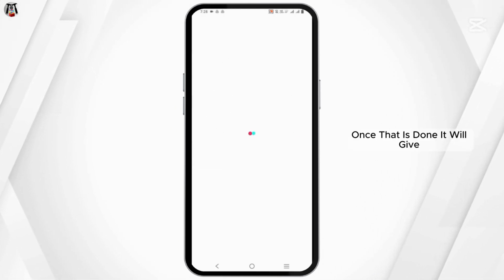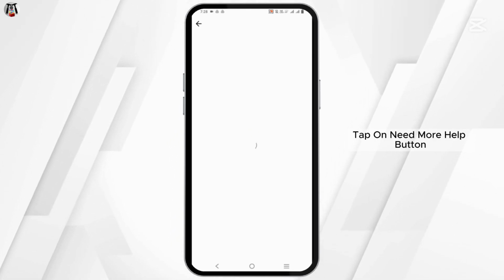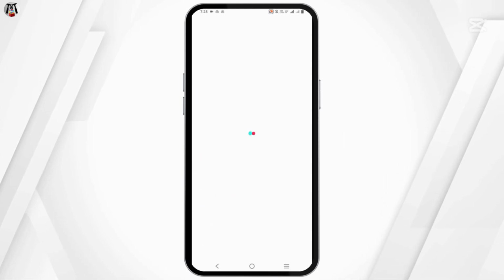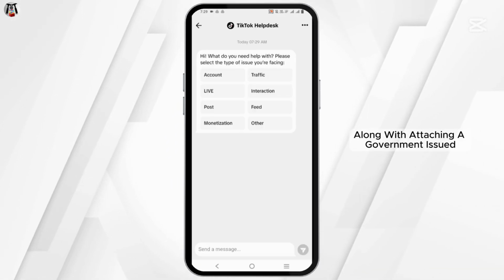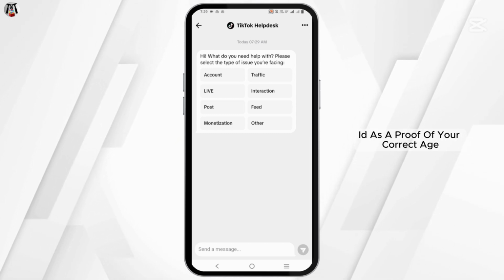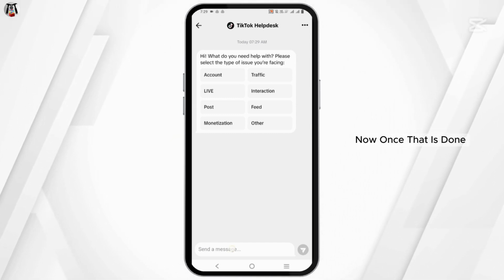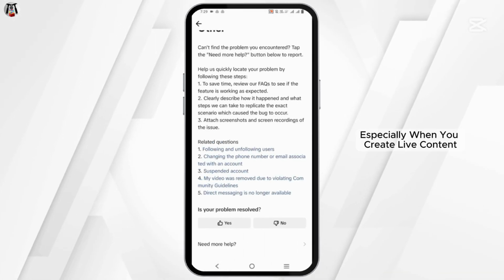Once that is done, it will give you a list of suggestions. Instead, tap on need more help button which is at the bottom of the page. This way, you can now describe your issue along with attaching a government issued ID as a proof of your correct age. Now, once that is done, make sure that your account follows all TikTok community guidelines, especially when you